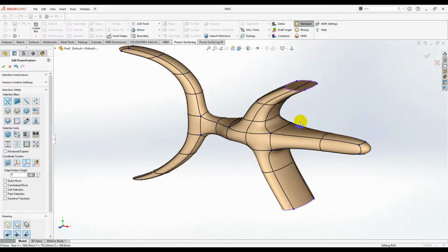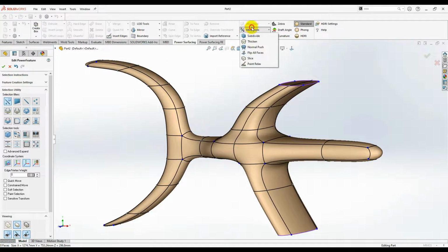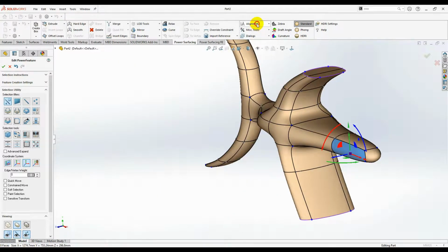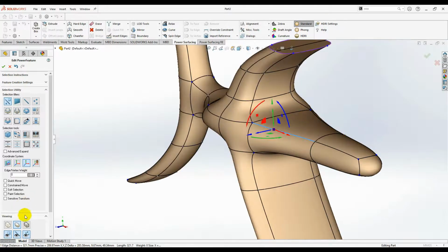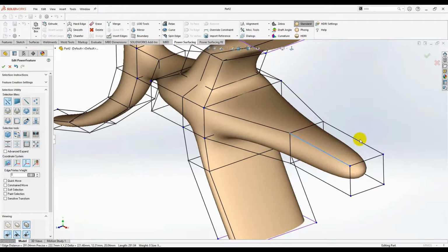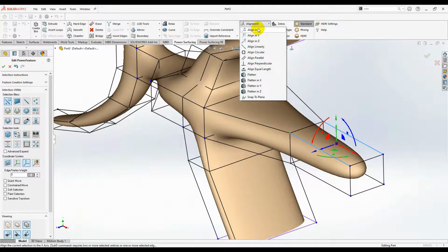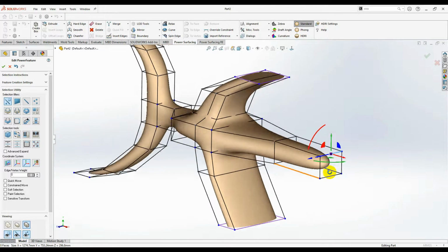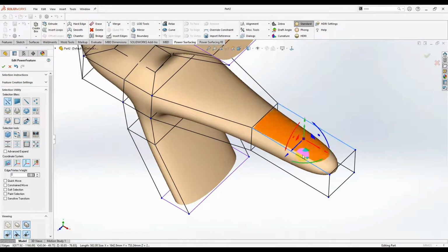Now you have here the mesh tools. At the top of the mesh tools you have the alignment here. So you can just select, let's give the cage view. You have the alignment here. So you have these different alignment tools: linearly, circular, parallel, perpendicular. So let's test them. First, if you just have